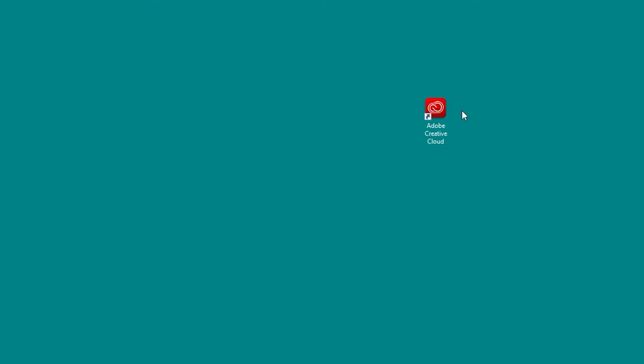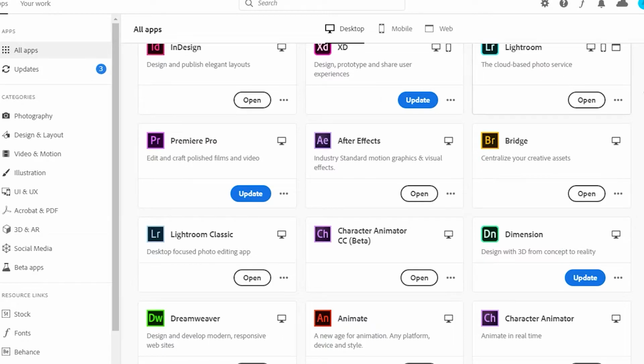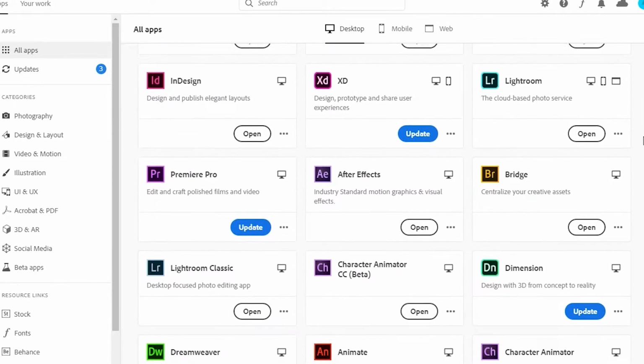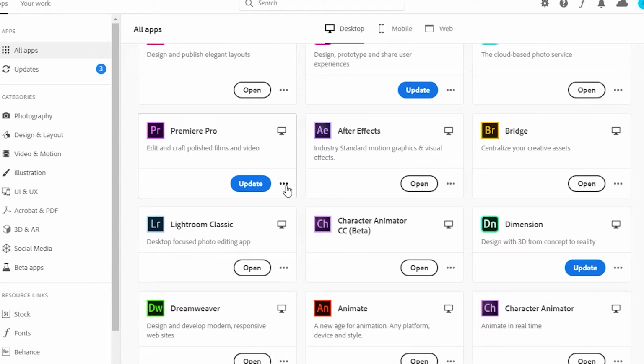So to update or to revert to the previous version of Premiere Pro, what you'll need to do is go into the Adobe Creative Cloud Manager, which you'll see here. Now, if you find Adobe Premiere in the Updates section, click on the three little dots just to the right of where it says Update, and you will see that it will show the previous versions that